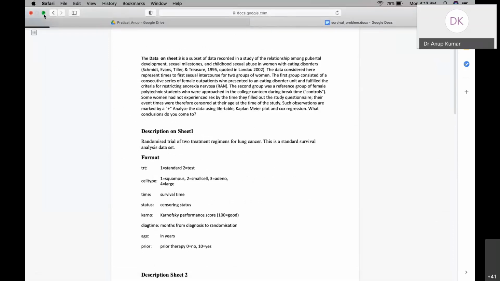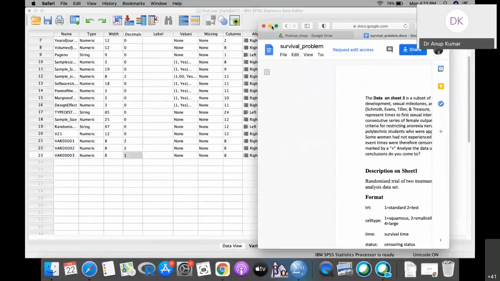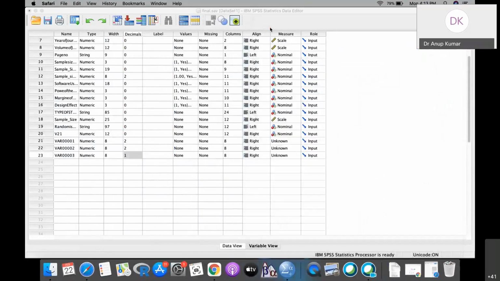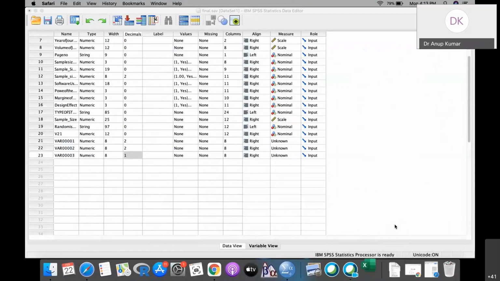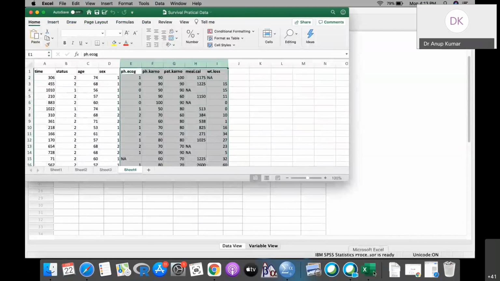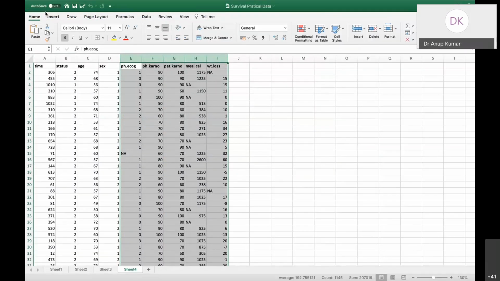Once you have downloaded these two on your computer, it will be in your downloads folder, and you can see this is the data which we will be taking up.